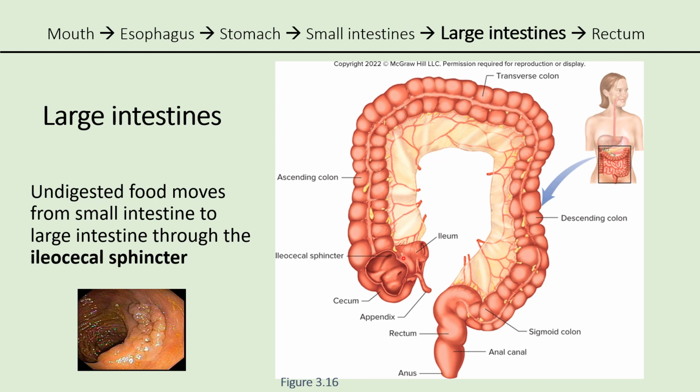It exists between the ileum, which is the end of the small intestine, and the cecum, which is the beginning of the large intestine. So the large intestine is composed of the cecum, and then here's the ileocecal sphincter, the ascending colon, the transverse colon, and then the descending colon, because it's got this shape where it goes up, across our body, and then down, and then the sigmoid colon, and then the anal canal. So this is a picture of that ileocecal sphincter that food has to pass through. Any food that is undigested from the small intestine has to pass through the sphincter to get into the